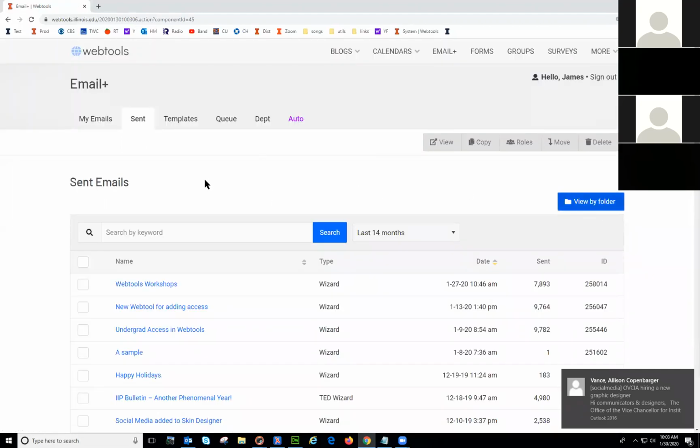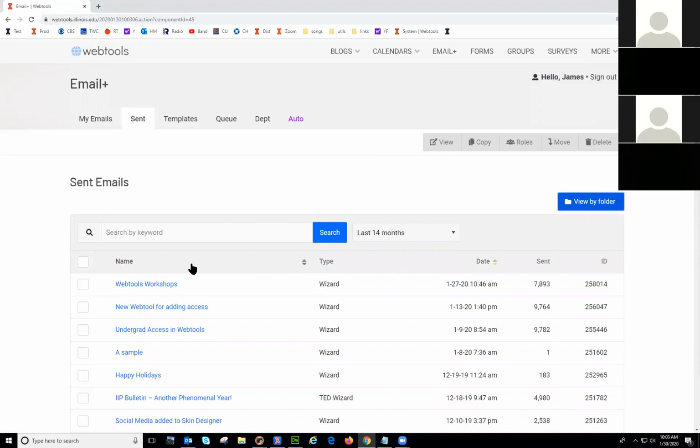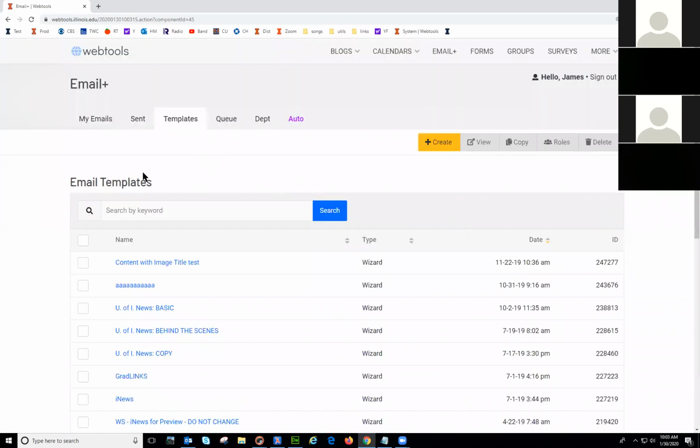In the full list view, of course, you can sort by name and date. You can't do that in the folder view. Okay, templates. I'm not going to spend much time here. A template is an email, and you're going to watch me create an email from beginning to end. A template is an email that cannot be sent. You would create a template if you want maybe to give all of your staff members access to the template. Then whenever they create a new email, they could start with exactly what you wanted them to start with, because